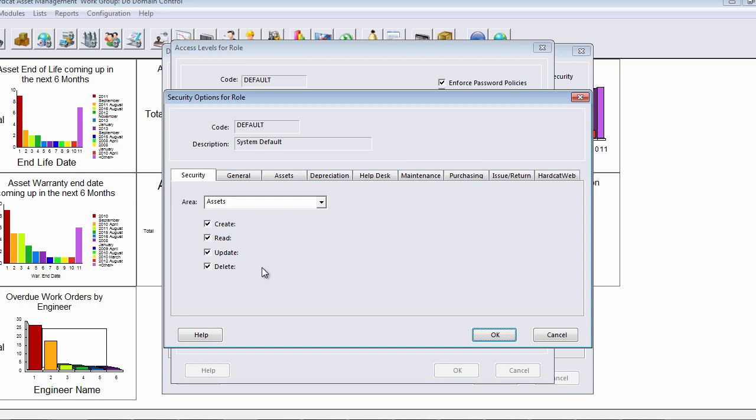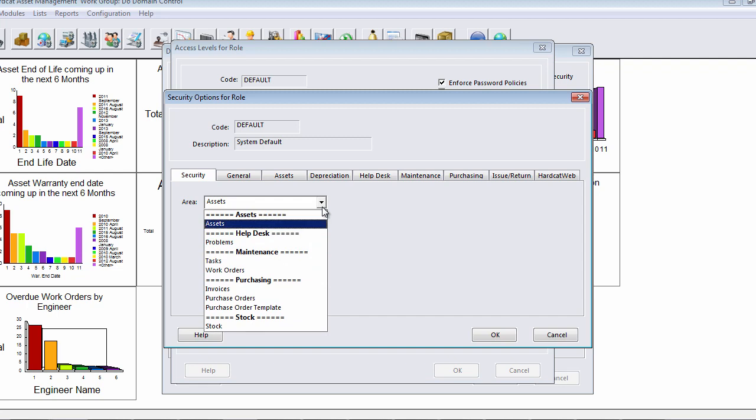You would have had to give them RA rights to assets, and we couldn't have stopped a user from creating a brand new asset. With this new role security feature, we can take away the create rights of a user as well as delete. So we can now give them RA rights to an asset, but only give them read and update rights. This same methodology is available to the different areas of problems,